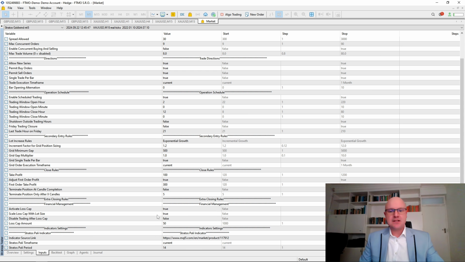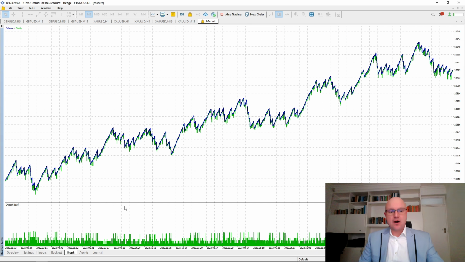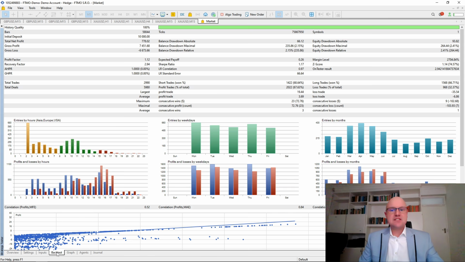Now I've done it in a way that the first test will be with a 0.01 starting lot, which is the smallest lot size to start with. So using a 0.01 start lot, let's take a closer look at the results. Firstly, we have our graph, and you'll see there are losses. However, the bot is able to recover, generating over 7% in return. In other words, a total net profit of $778